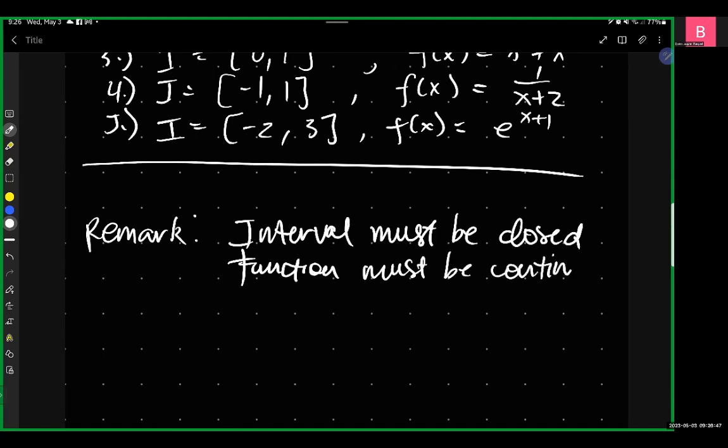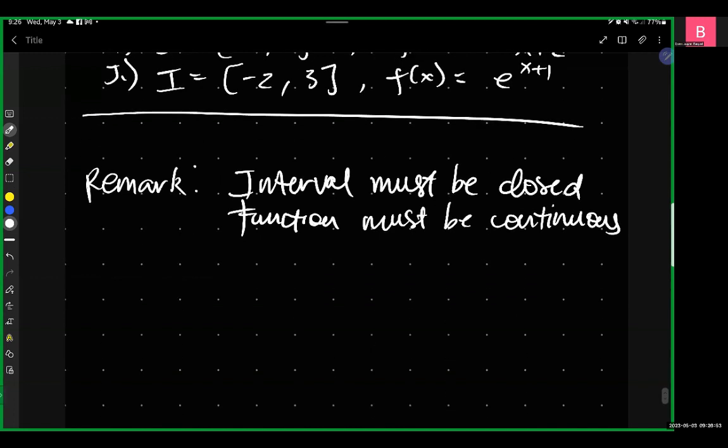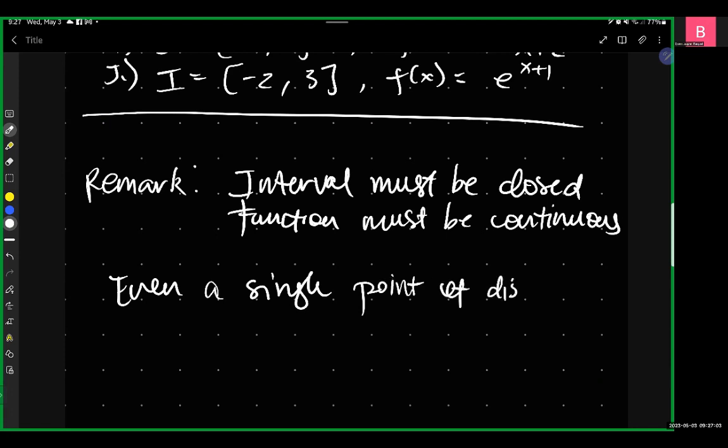Okay? So I'll be illustrating why this is important. It is important because even a single point of discontinuity